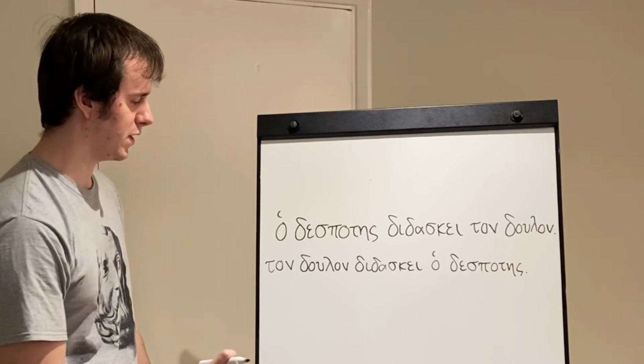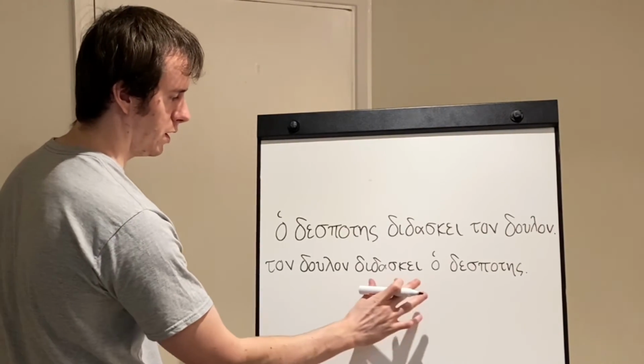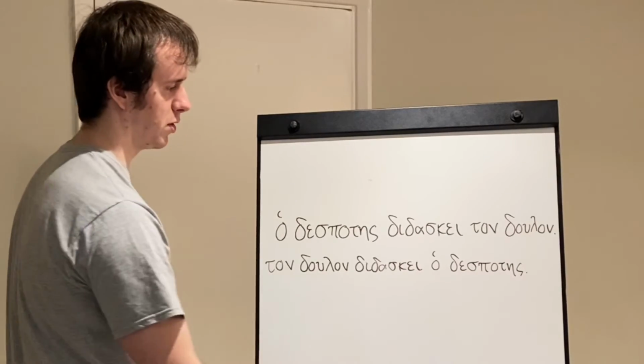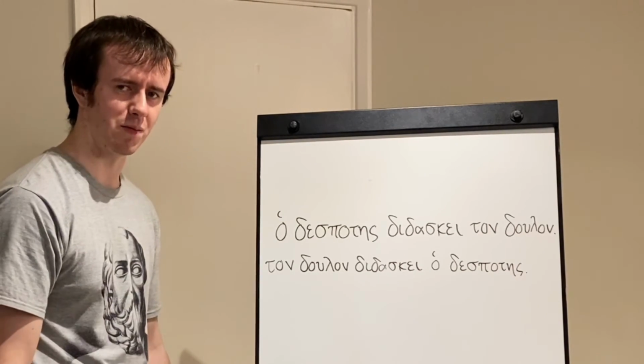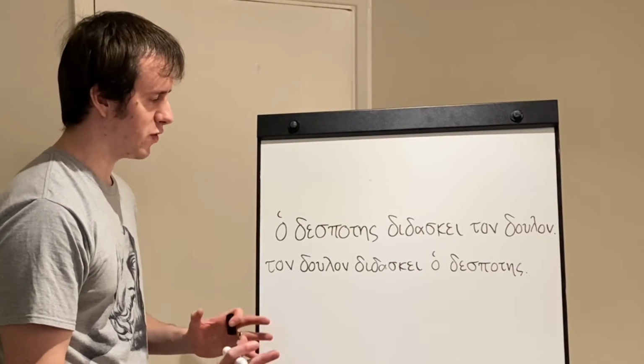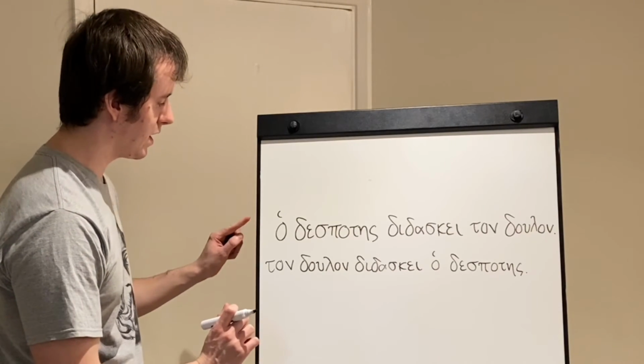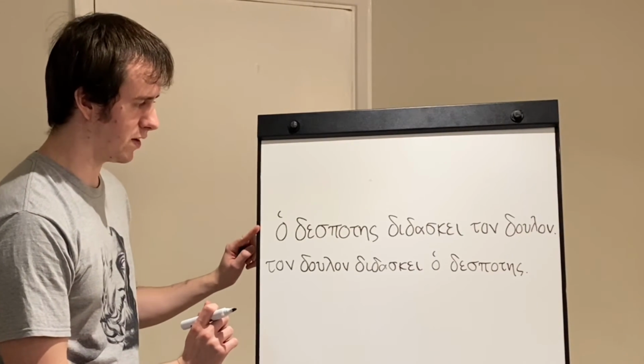But what about if we had this sentence? Ton doulon didaske ho despotes. How would you translate it? The answer is that it will be translated in exactly the same way as the sentence above it, because in